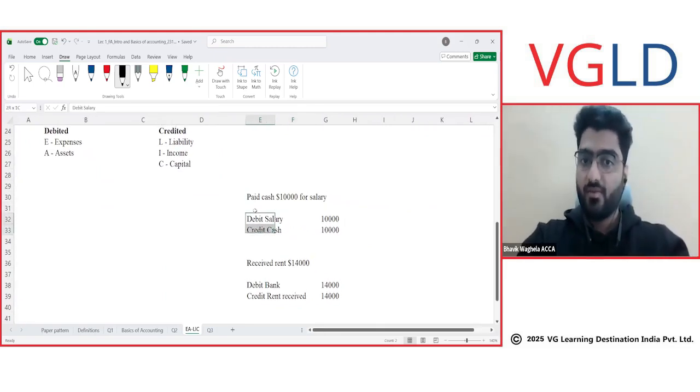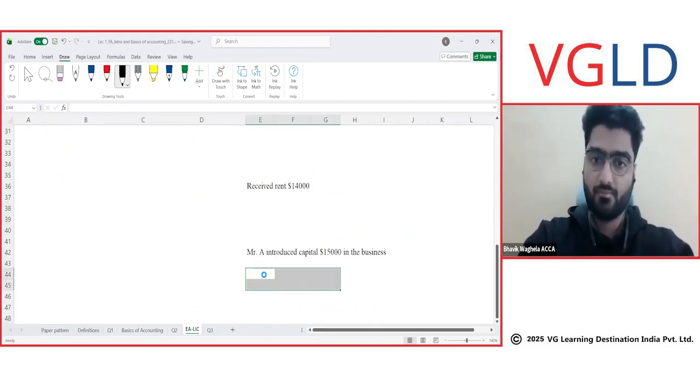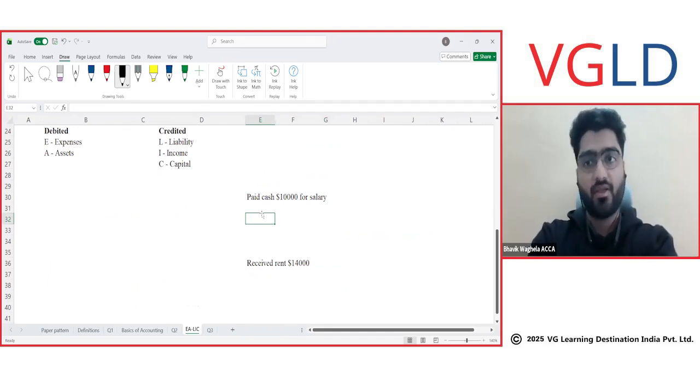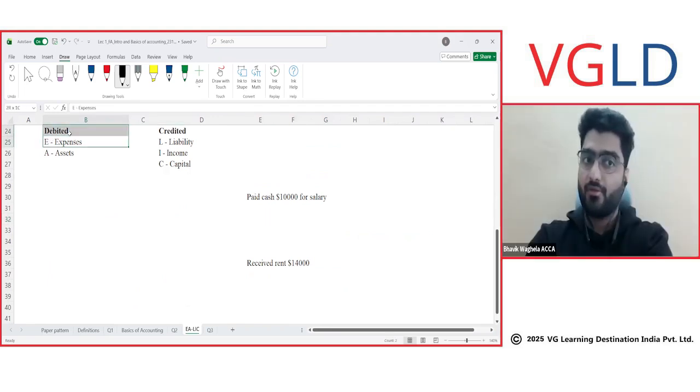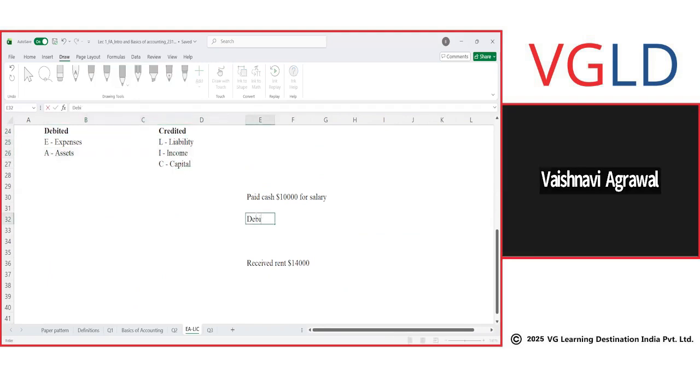Now let us understand this with the help of some examples on how we record the journal entry. Paid cash $10,000 for salary. Now can I say salary is my expense? Yes, sir. So what do we do to record an expense? Should I debit it or should I credit it? Debit. So can I say I will debit salary,